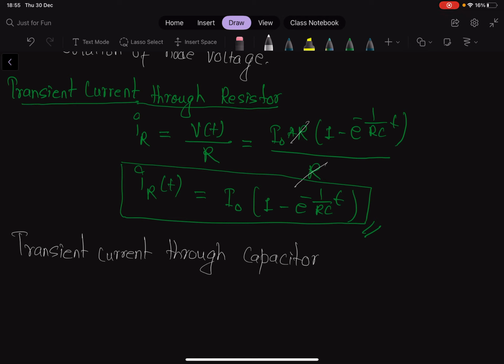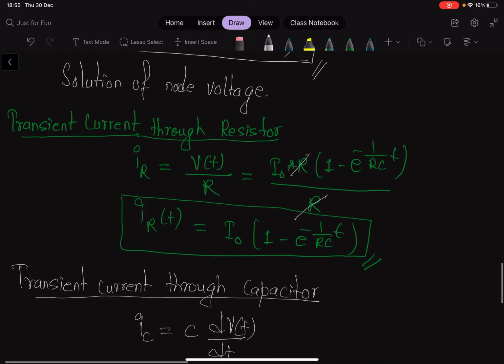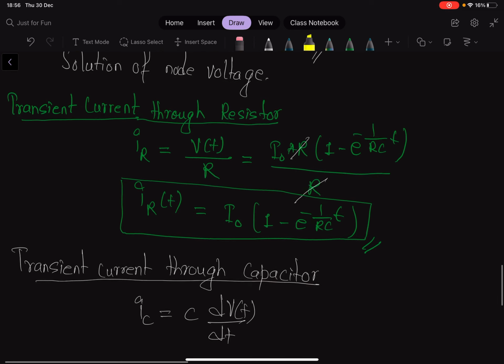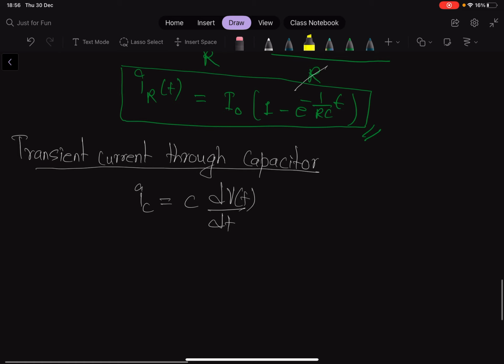So what about that? We know this is IC, and the formula of IC is nothing but C dVC over dt, and we use this VC as Vt. So whatever expression we got for voltage, if we take the derivative of that, we are going to get our answer, and multiply with the capacitor. So IC equals C times